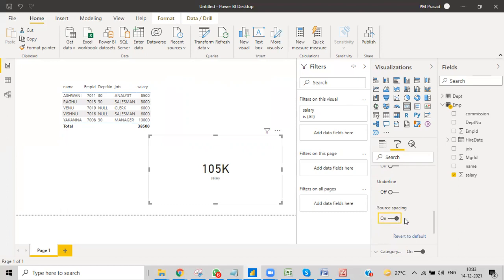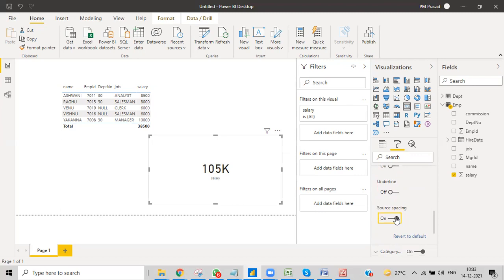Yes, it's a new option. We got this in the latest update. Earlier we didn't have bold, italic, underline, and spacing. We've read about spacing, but still in the latest update I've been seeing this.